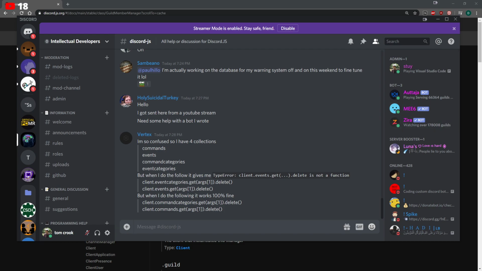If I'm being honest with you, if I were to pick between Discord JS and Python or Discord Pi, I would pick Discord Pi. And there's only one reason why I would pick Discord Pi. You want to know why? Because Discord Pi has cogs, and using cogs is the most beautiful thing. I love it so much, and I wish I could go back to cogs, but I'm so invested into JavaScript now that I don't want to jump between languages.